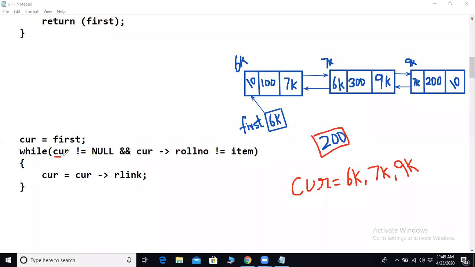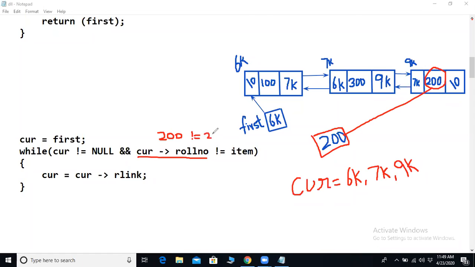Now let's go back again to the while condition. Cur is 9,000. 9,000 not equal to null: true. Then 9,000's roll number is 200. So we have written roll number not equal to item, that is 200 not equal to 200.